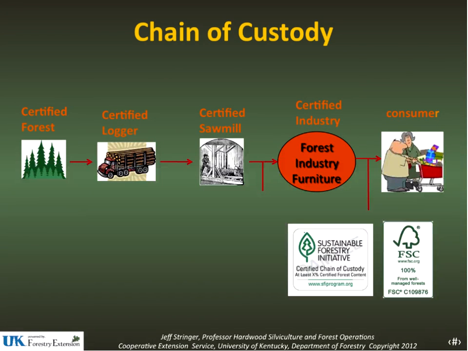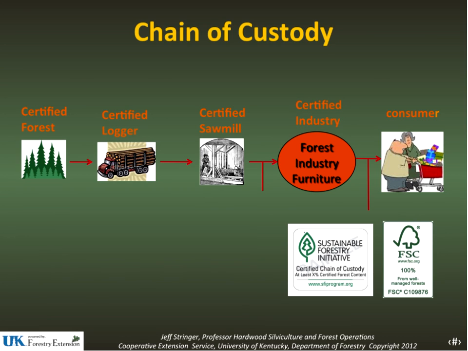So here we have a diagram of a supply chain. It starts out with the certified forest, and the material is going to be cut and hauled and moved by a logger to a sawmill, to an industry maybe that takes that primary product out of that sawmill, makes something out of it, and goes to the consumer. And if all the certificates are appropriately in place here, then that final product can have an actual label on it that says FSC or SFI or PEFC, whatever it might be,